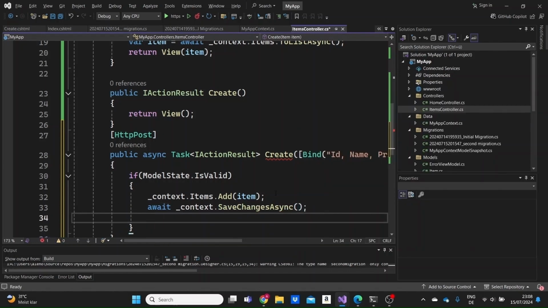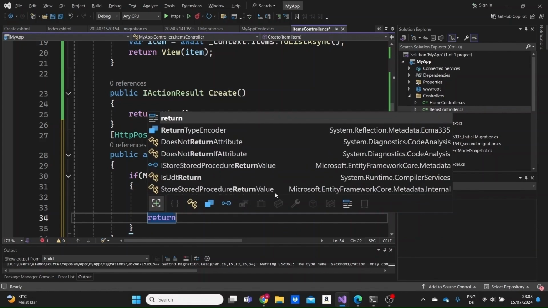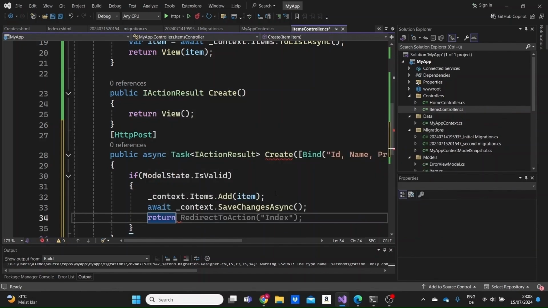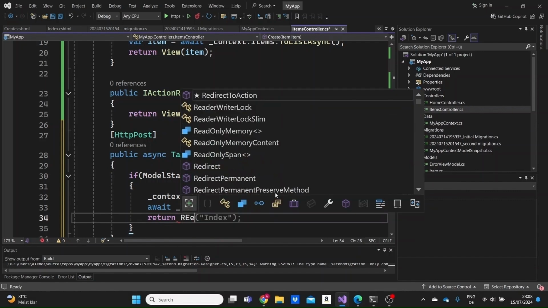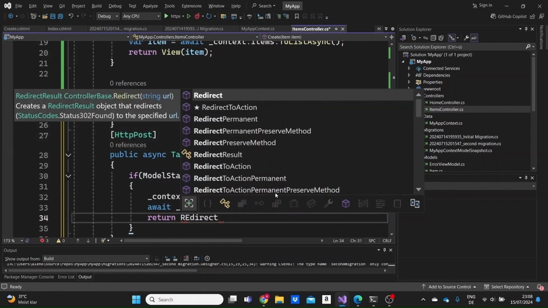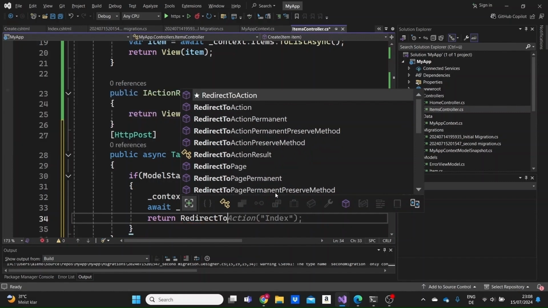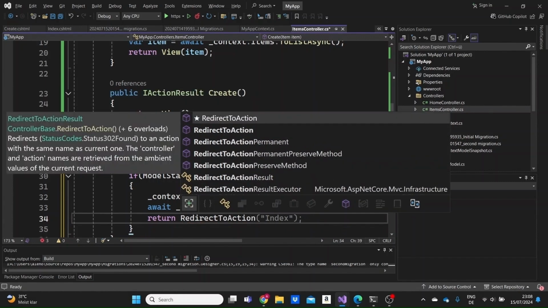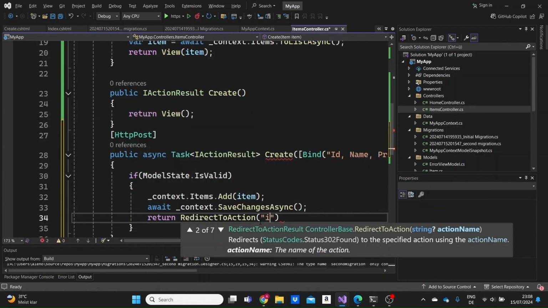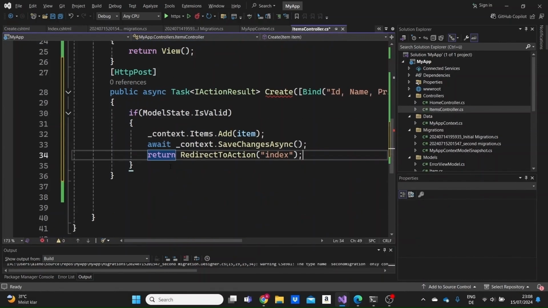And after the changes are saved in the database, we just need to return the viewer to the index page. For this reason, we're going to use the redirect to action that will redirect the user to the index page. Just like we return the view, redirect to action basically is another result type, just like view result. Redirect to action result is another result type that will redirect the user to the index page, as already mentioned